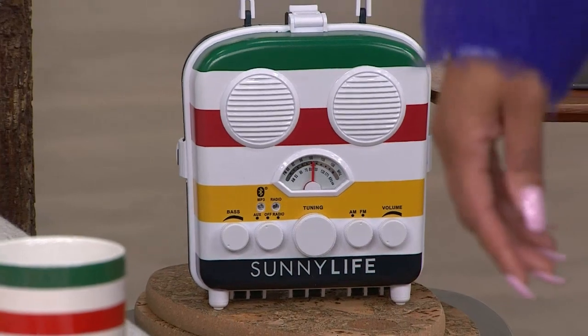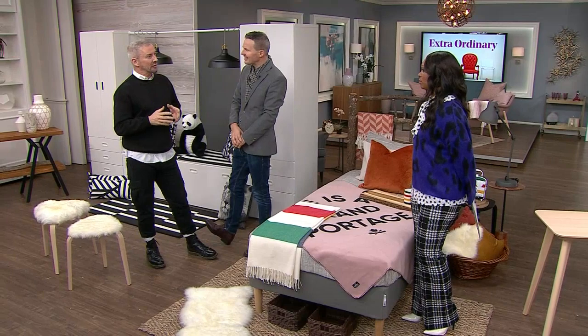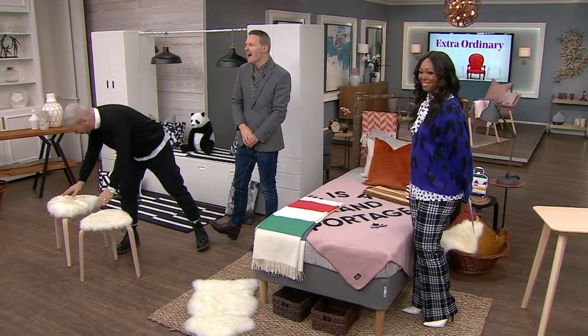When Colin and I go shopping, we always try and find things that we can change and reappropriate and give a new feel to. Now, we've got a bit of a stool sample down here. These little stools came...